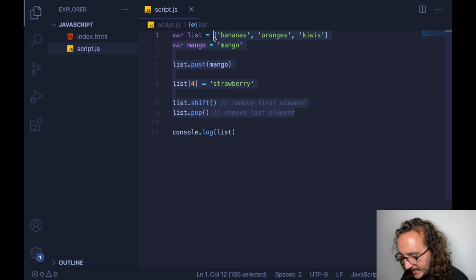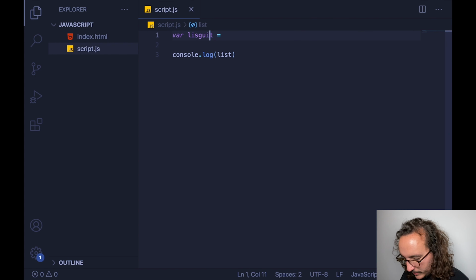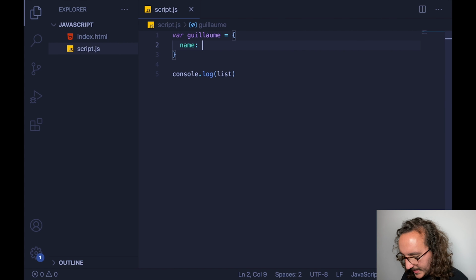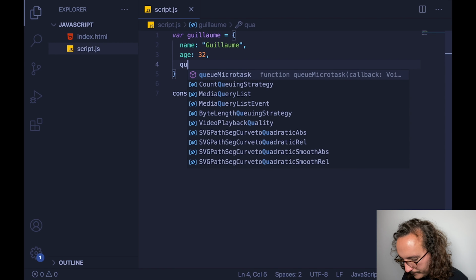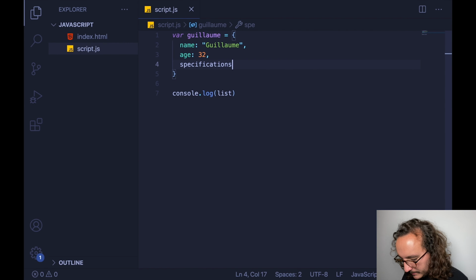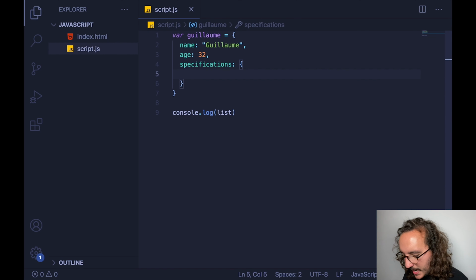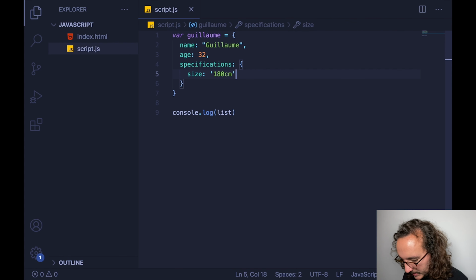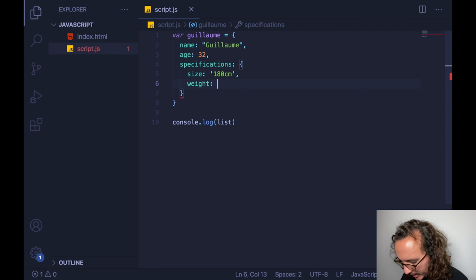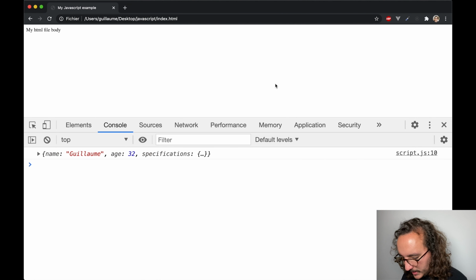So now let's say that we are going to create a new variable called Guillaume. And in here, I'm going to have a name. So my name is Guillaume. My age, which is 32. And let's say specifications. Okay, and specifications is going to be another object, which is going to be size, so size in centimeters. Let's say weight, which is actually 880. There we go. Okay, so we've got Guillaume, and if I console log my variable Guillaume, I got my object